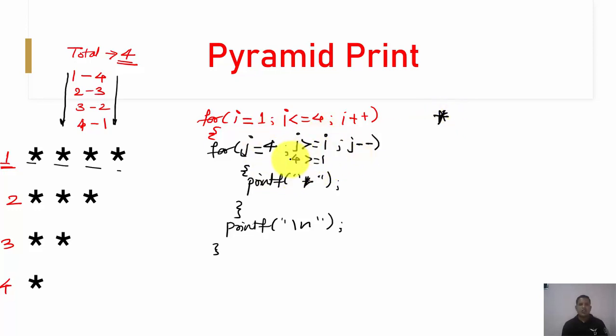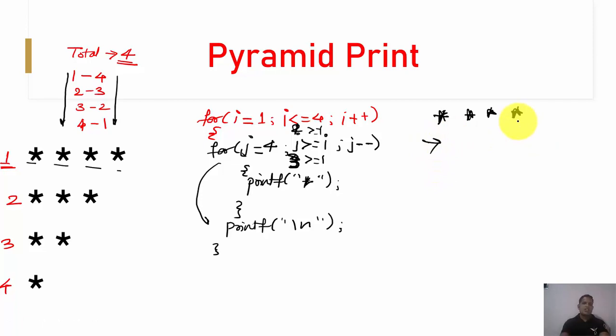Now the updated value of j is 3, and the value of I is still 1. 3 is greater than or equal to 1, yes, it prints the character. Then j becomes 2, yes, print. Then j is 1, whether 1 is greater than or equal to 1, yes, it is printed. At last when j is 0, 0 is not greater than or equal to 1, so it comes out of this loop and puts the new line. Again the same scenario continues.